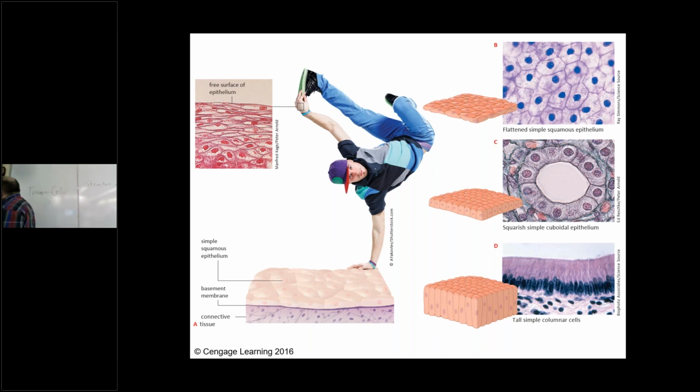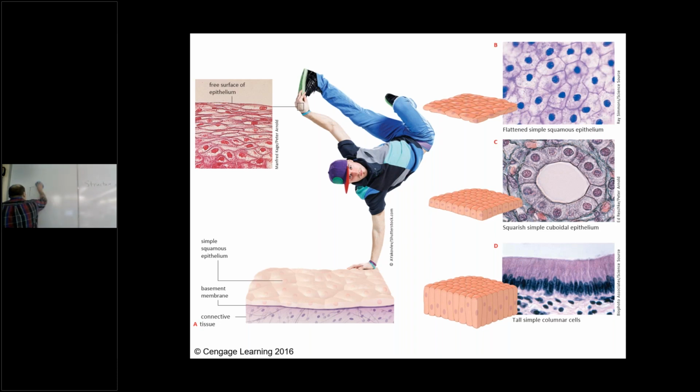And yeah, never in my life was I able to do something like that. But as you're looking at that person there, you're seeing that it's really just a matter of the different types of tissues allowing us to do different types of activities and functions, okay? And what you're also seeing here is an example of how we would name the tissues. So not only simple, pseudostratified, and stratified, but also the actual shape of the different cells that make up these tissues. All right, so let's look here.